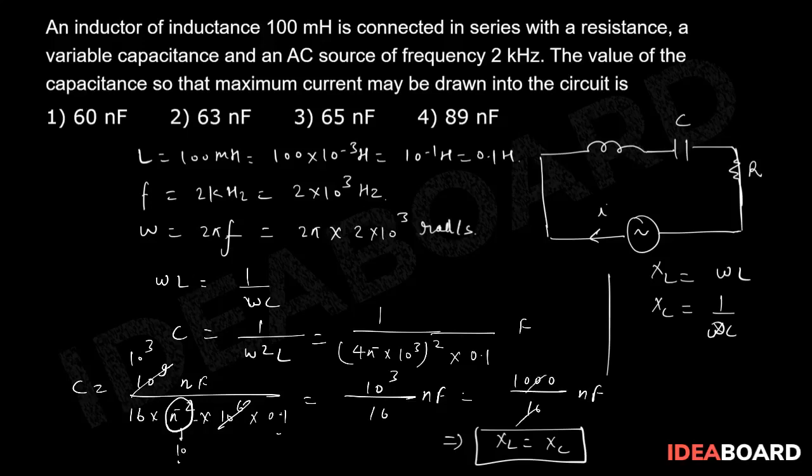So now we can use 4. So 4 into 4, and this will be 250, or I can write 125 and 2. Now if you solve it, you will get 62.5 nanofarad. So let me check which option is the right value. Approximately this has to be 63 nanofarad, which has to be the right value. So option number 2 is the right choice.